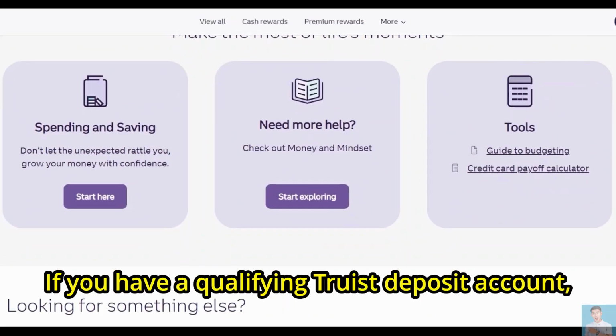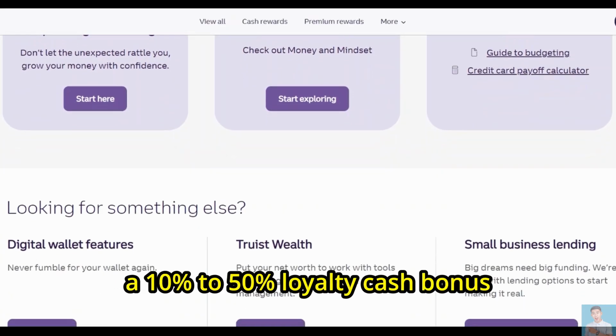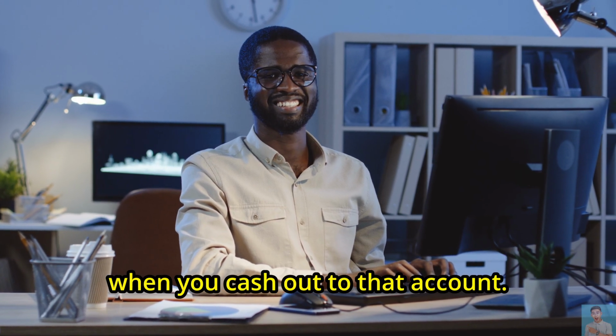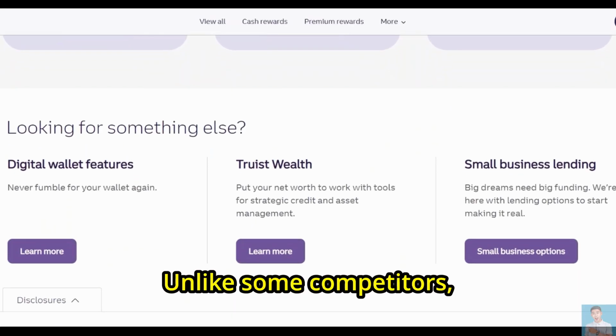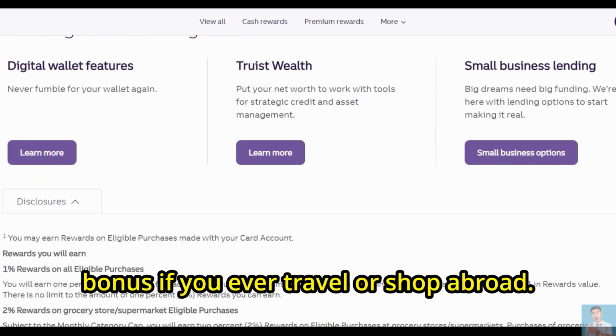If you have a qualifying Truist deposit account, you could boost your rewards even more with a 10% to 50% loyalty cash bonus when you cash out to that account. Unlike some competitors, there are no foreign transaction fees, a small detail, but a nice bonus if you ever travel